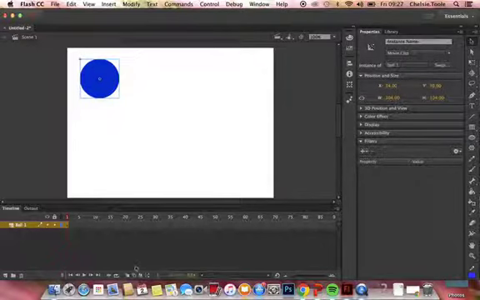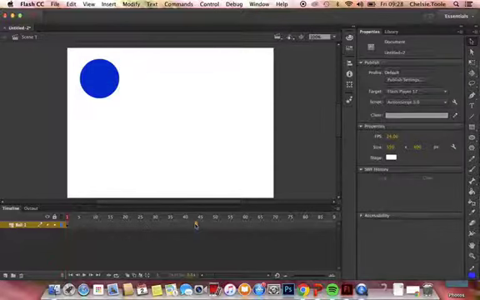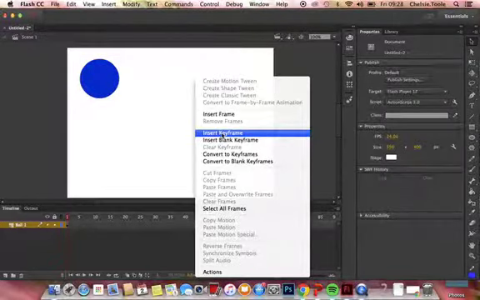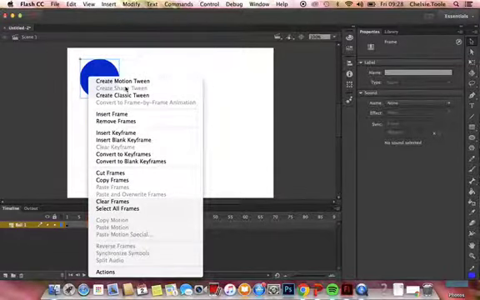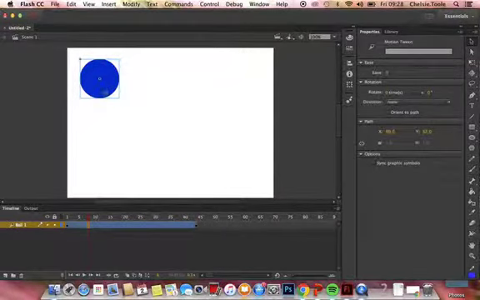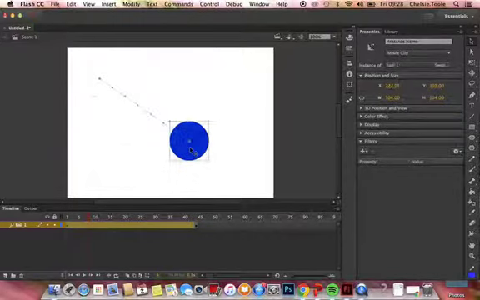Okay, now we are currently working at 24 frames per second, so I want the movement of my ball to be relatively quick, but not that quick, so I'm probably going to make it about 45 frames. Now I'm going to insert a keyframe there. You can see here that this solid grey block has been created. Now if you right click in there and go to create motion tween,